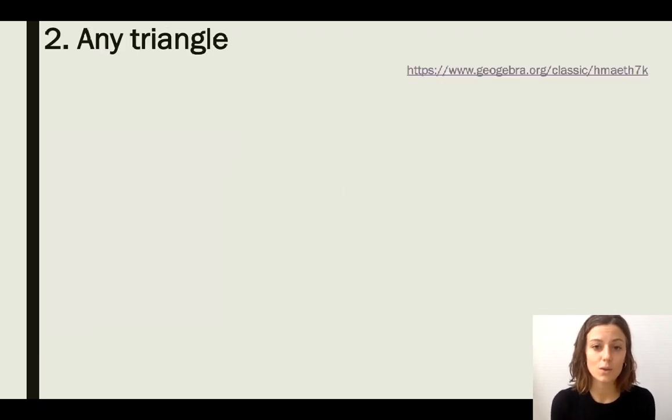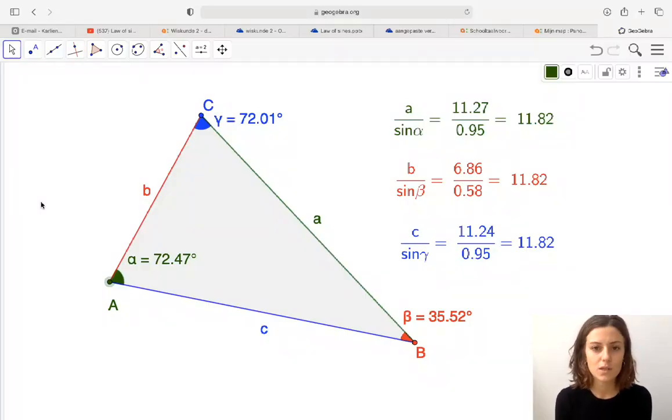We already learned several rules in a rectangular triangle, as I mentioned before. But now, since the facade and the sidewalk form an angle of 95 degrees, we cannot use those rules. So we will be examining what we can do to solve the problem. Let's have a look in GeoGebra. We will use GeoGebra to investigate several things.